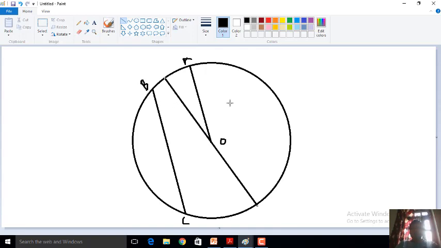Thereafter, now we will learn about arc of a circle. Now, arc of a circle is any portion of circle. Suppose here we are talking about AB. Here is a point A, and here is point B. So if we join A and B, we will obtain a part of circle. So this is known as arc of the circle. So arc of circle is nothing but a small part of the circle.